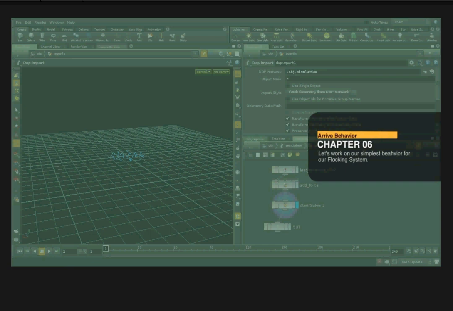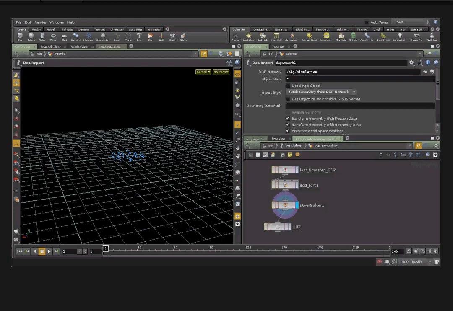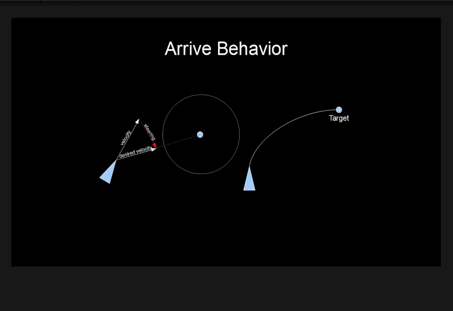Simple steer solver, and let us start with the first behavior implementation, the arrive behavior. Let's start with the arrive behavior because this is a very simple and easy to understand behavior. The goal of the arrive behavior is to steer the agent against this target point and slow down